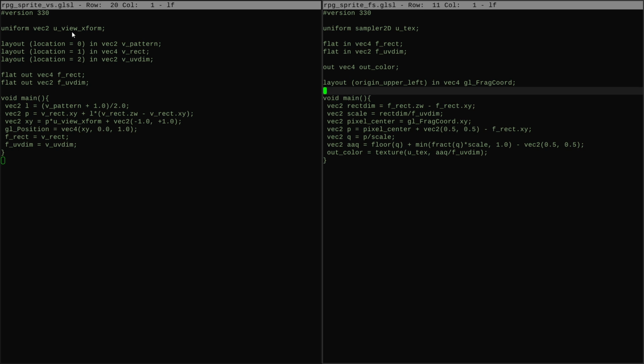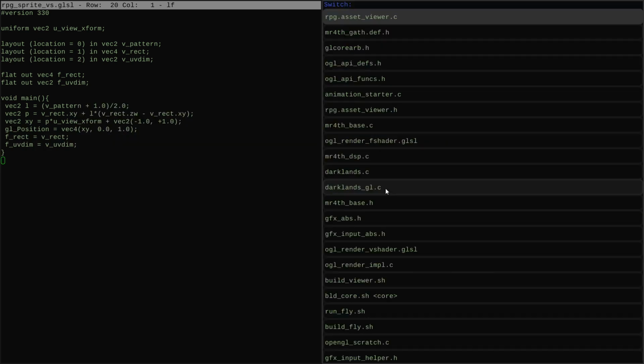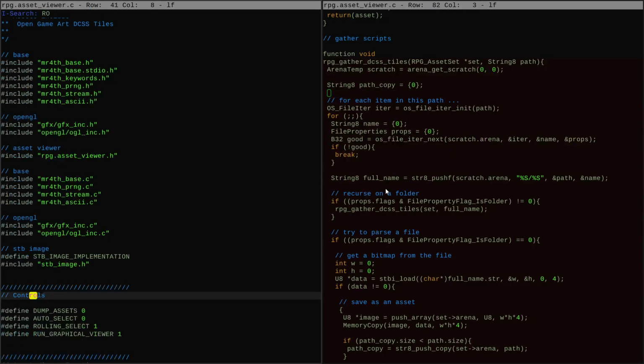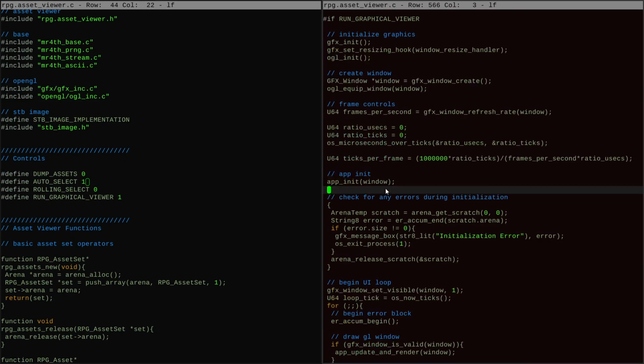The only thing is that I'm not quite sure that it's all 100% right. There might be a bug in here. I might be wrong about sRGB, so let's go track down some of these issues. First of all, I want to pick a tile. Instead of rotating through them, I want to pick one. So I have some options here. I'm going to turn off the rolling select and turn on the auto select. And then I'm going to select one